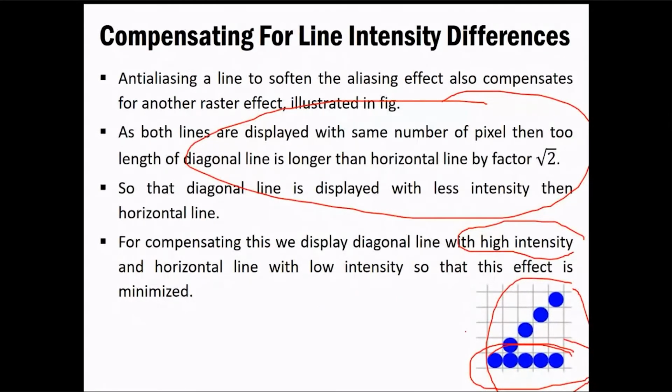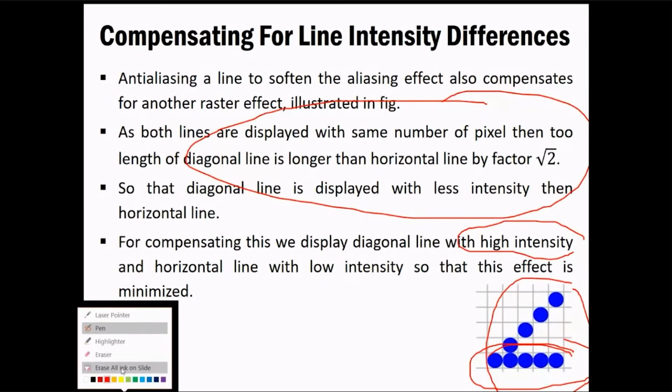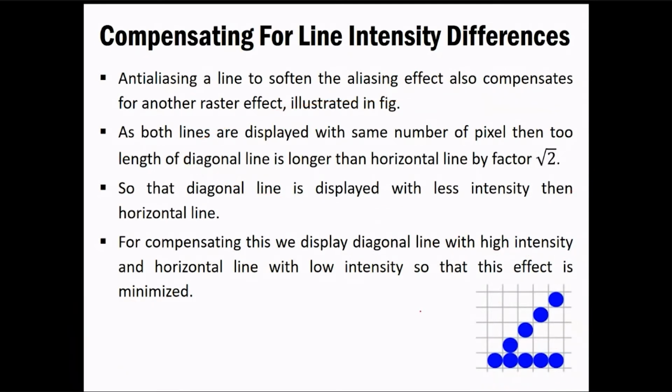Okay, because right now it appears blurred to you, it is fine, but what if you have two different intensities associated with each and every line? Okay, or multiple lines in your scenario, and you have different intensities for each of these lines, then you won't be getting a very good result. So you could be getting the pixelated look, or you would need to do some anti-aliasing on that particular scenario or object.